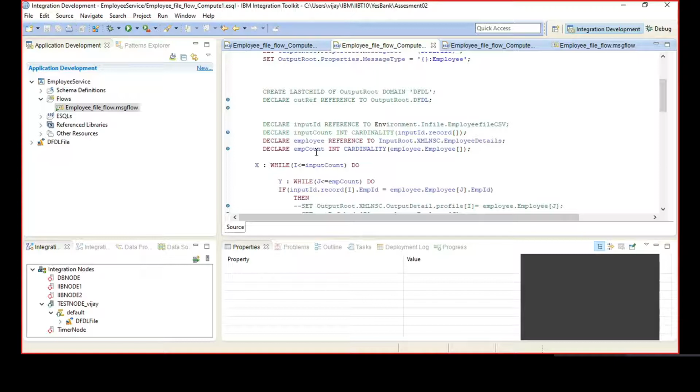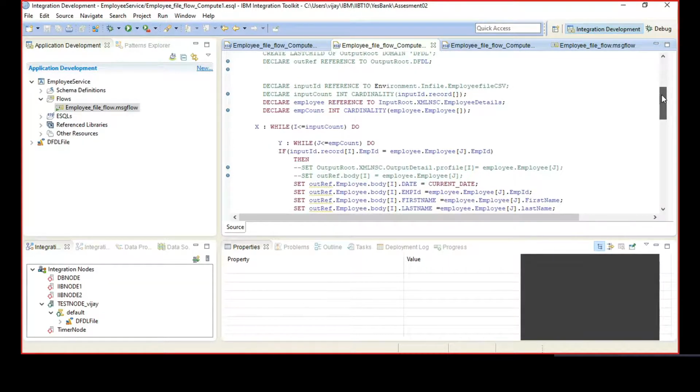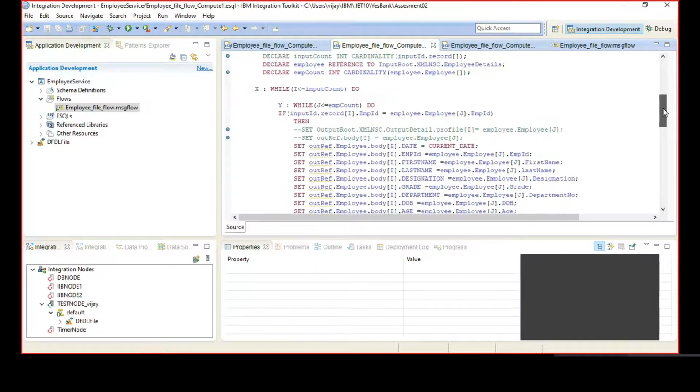What I have to do, by taking that employee ID, is search throughout my whole XML file and find the matching data. And if it is matched, then I have to put that into my output file. While doing it, it is working totally fine for me. It is iterating, it is checking, everything is working fine. Here you can see I have put this while loop first for iterating the input nodes, and then this J for iterating all 10 inputs of the XML. And I am storing